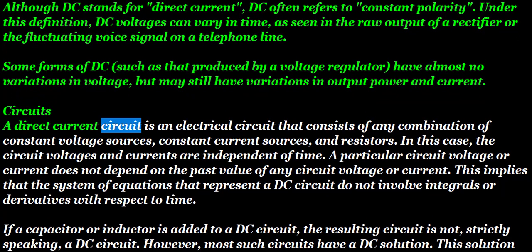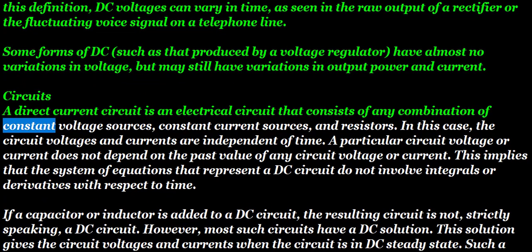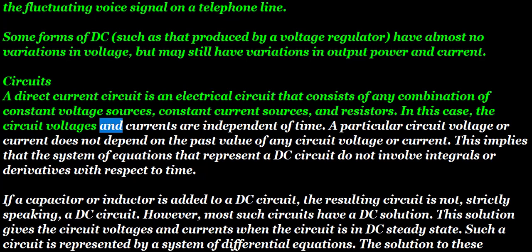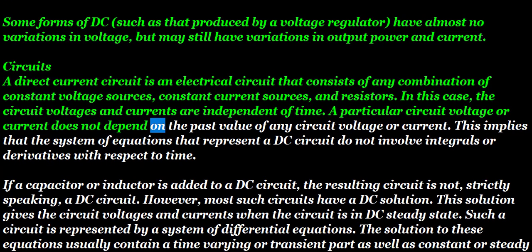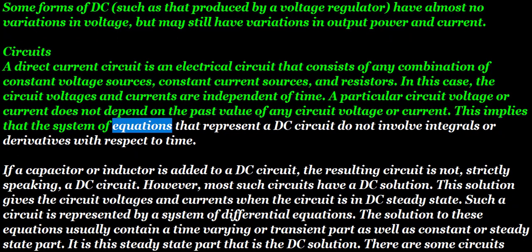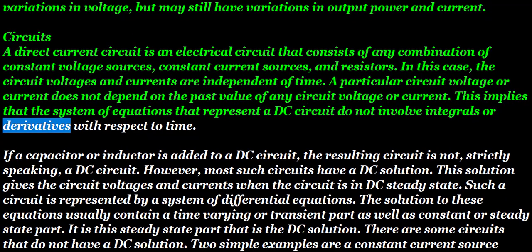A direct current circuit is an electrical circuit that consists of any combination of constant voltage sources, constant current sources, and resistors. In this case, the circuit voltages and currents are independent of time. A particular circuit voltage or current does not depend on the past value of any circuit voltage or current. This implies that the system of equations that represent a DC circuit do not involve integrals or derivatives with respect